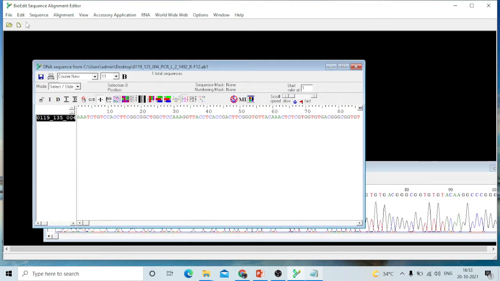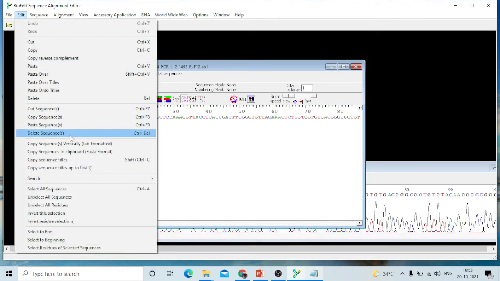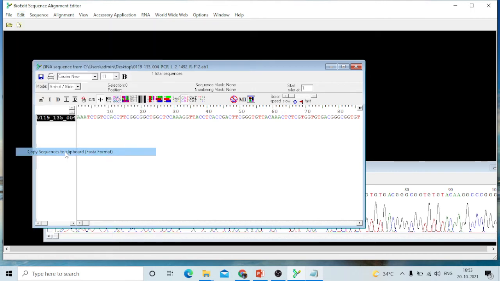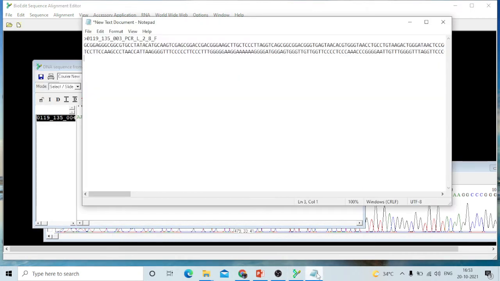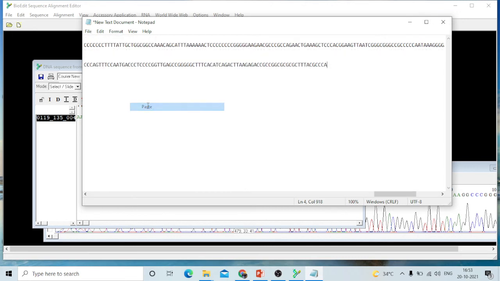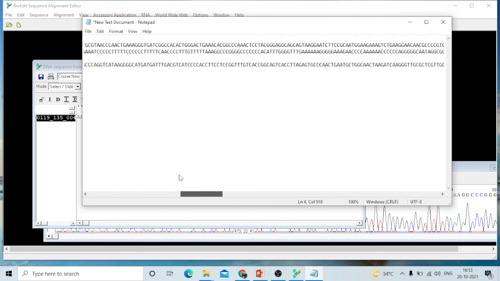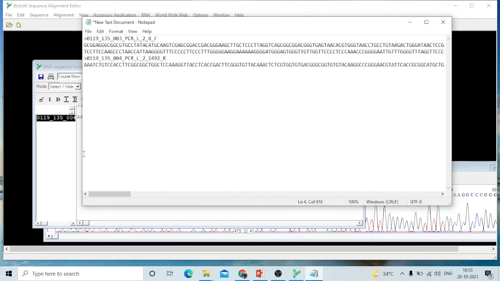Let me click over here, go to Edit, click copy sequence to clipboard. If you click paste, now you have both sequences in a single Notepad. So easily now I can make the master sequence.